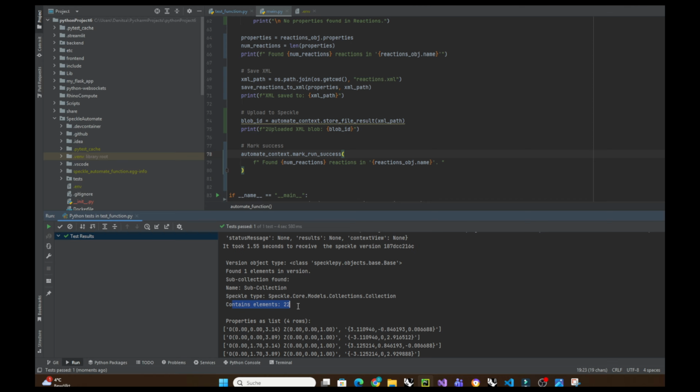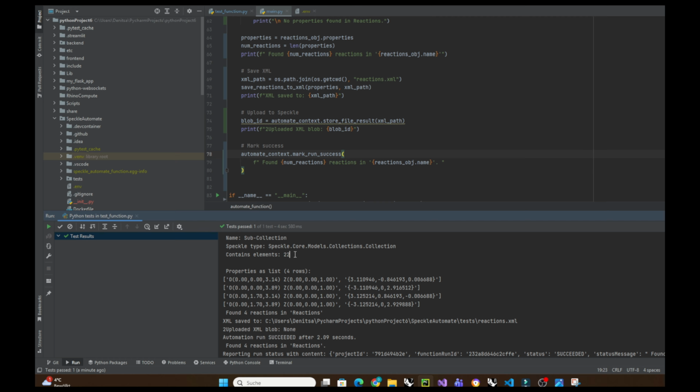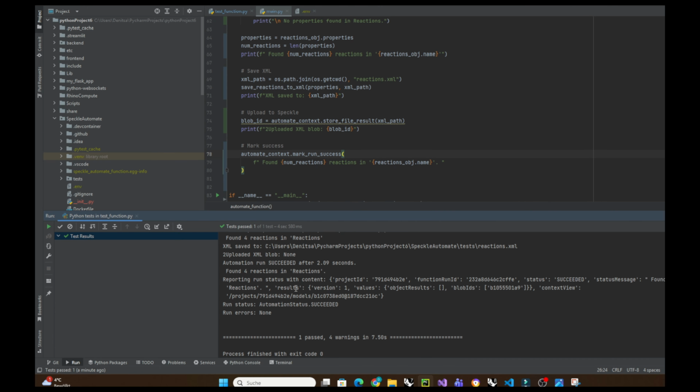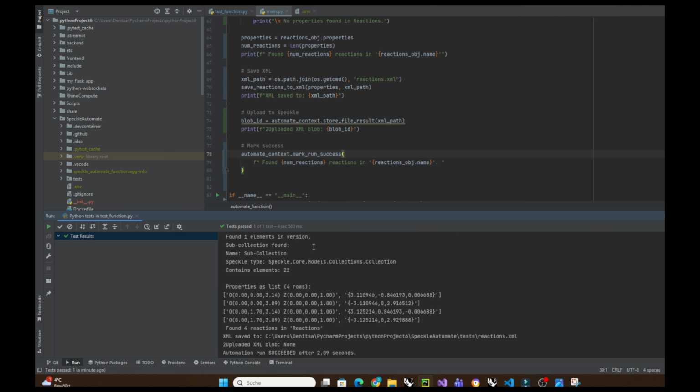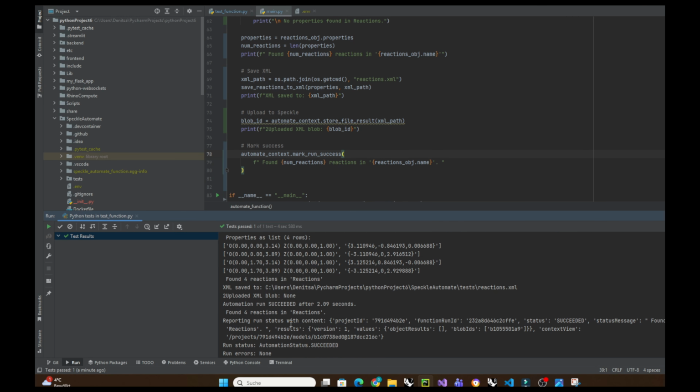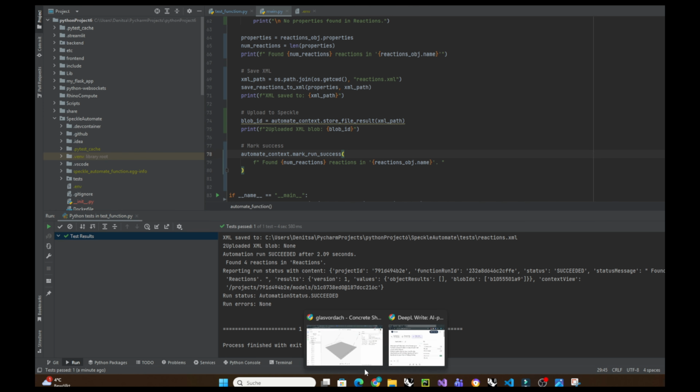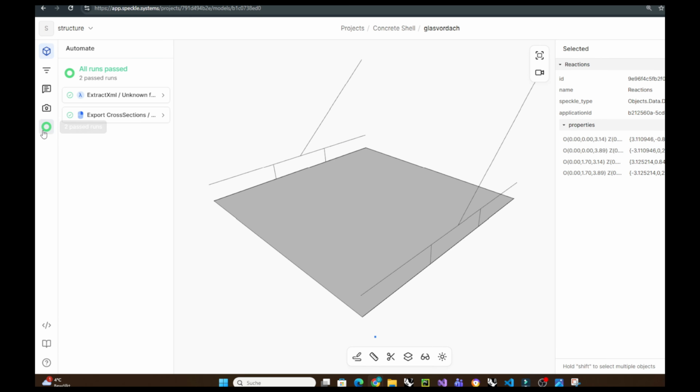And inside this collection are 22 elements with the properties, a list called reactions, and where the XML file is saved to. I found 4 reactions, so the status is succeeded, and I can go back with this button,